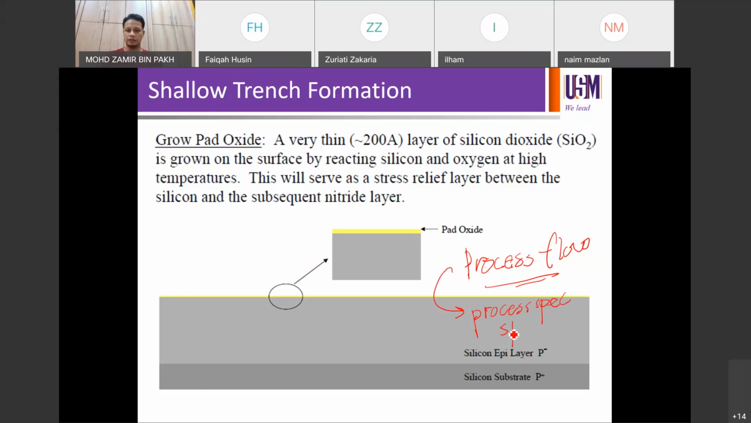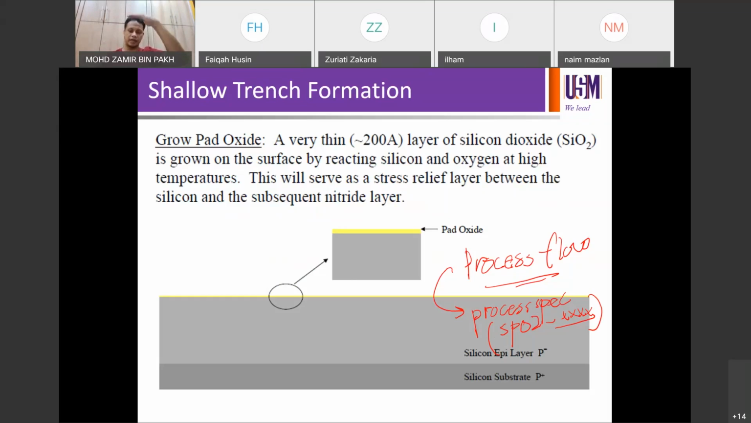Usually they are coded as SP0 something. As far as I can remember, it's coded as SP02 for process spec, followed by numbers. SP02 is usually for process spec. For example, if you're talking about device A, technology A, then if you open SP02 for device A,